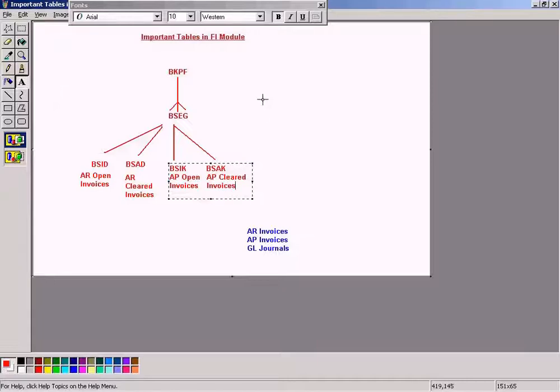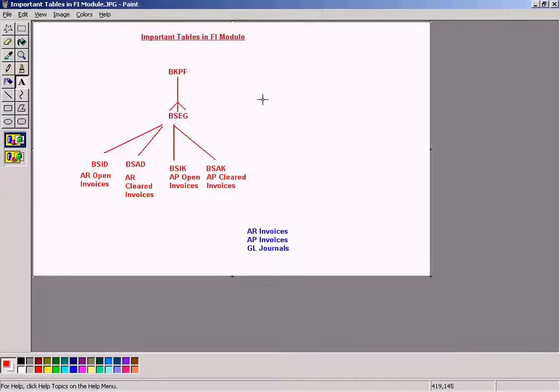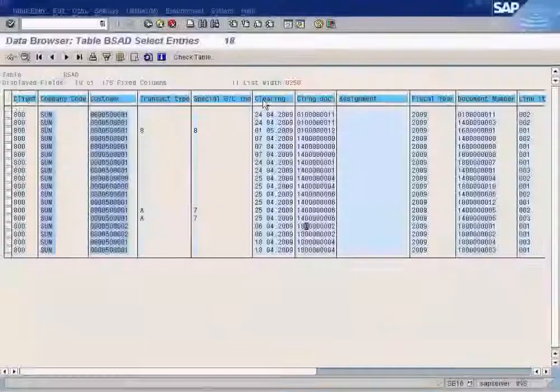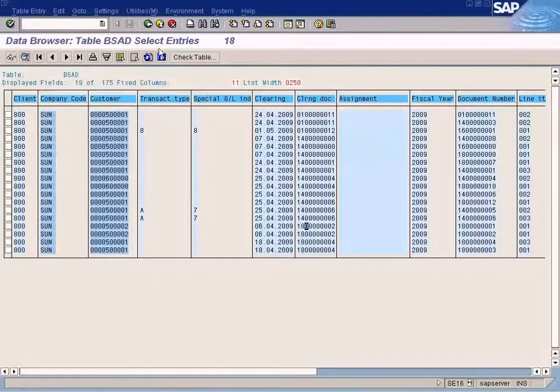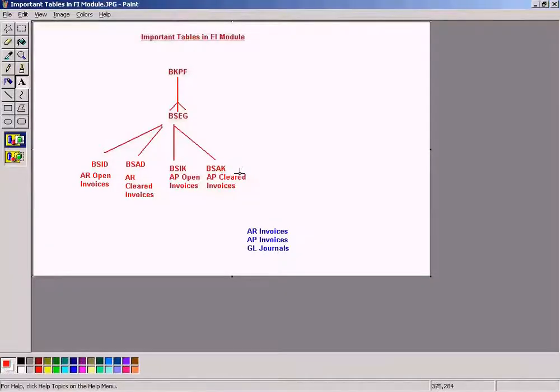Similarly you can see here BSIK and BSAK. I'm not going to show it to you because it's the same principle, and same for GL journals. We have